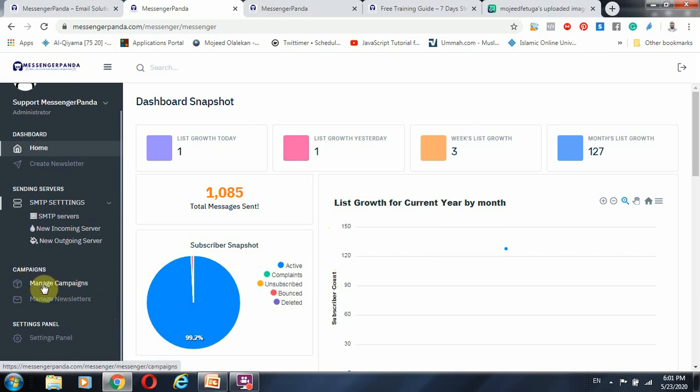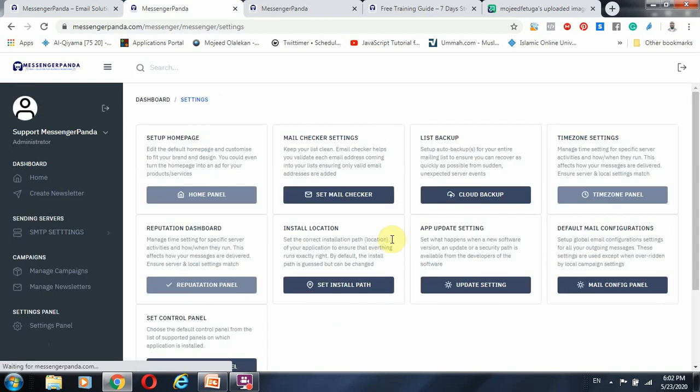Now you can create your campaign, you can manage your campaigns, you manage your newsletters, and you can see the settings, the admin panel settings. For this guide, for this dashboard, there's only one campaign going on that I'm going to show you. Okay, let me just go to the settings. Under the settings, we have